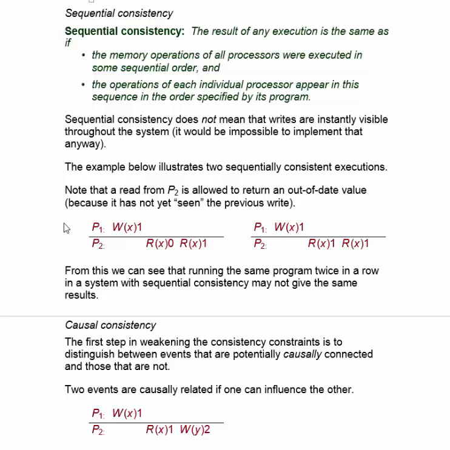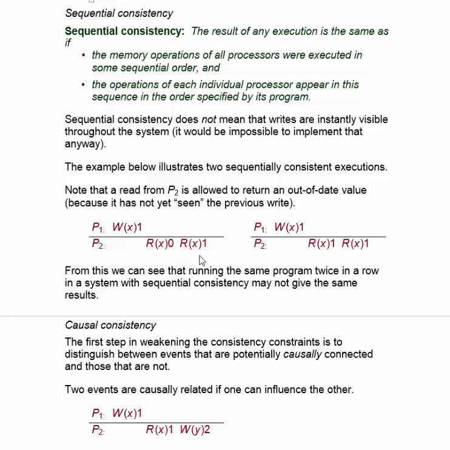This example uses a diagram that I will call a Tannenbaum diagram after Andrew Tannenbaum, who invented it. And it shows what happens in each processor at which time. So the processors are listed one above the other, and time proceeds from left to right. In this diagram, processor 1 writes a value 1 to location X at this time, and then later on processor 2 reads from the same location X and fetches a 0, and then later it reads from X and